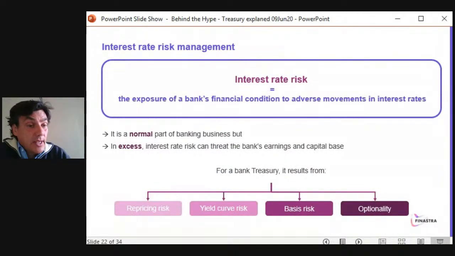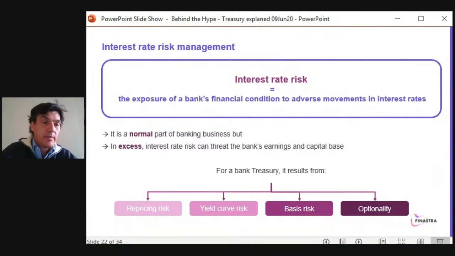The next floor is market risk management. I know that very often people say market risk is about the capital, it's about the balance sheet, and so on. As a trader, I can tell you that for me, market risk is what I have in terms of interest rate risk, in terms of FX risk, and so on. So we will look at them right now.